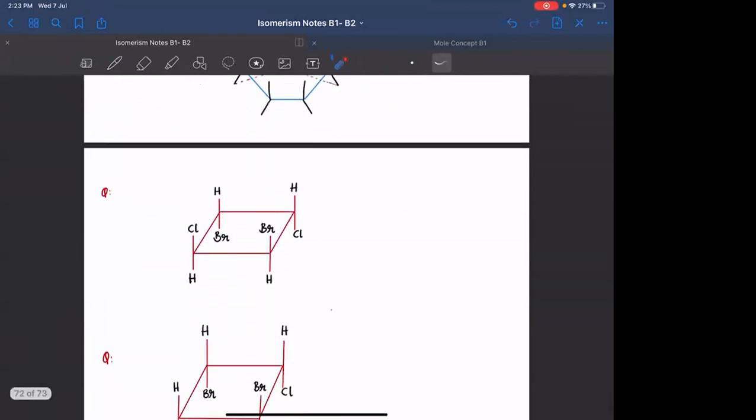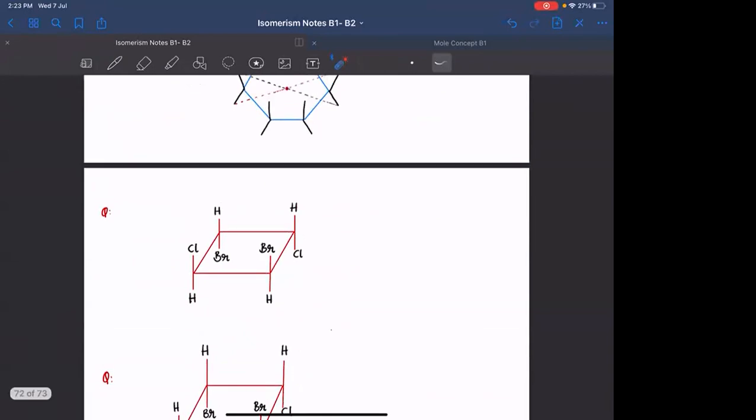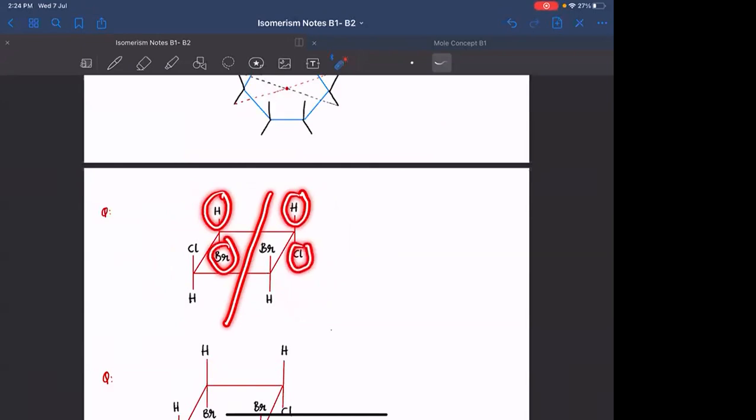Look at this example. Look at this example, everyone. Understand this. We will try to see if this particular molecule is chiral or not. We can understand that by either plane of symmetry or by center of symmetry. Does this particular molecule have a plane of symmetry? What does plane of symmetry mean? You should be passing a plane. About that particular plane, the molecule should be symmetrical. If I am passing this particular plane, here hydrogen, here hydrogen, okay, but here bromine, here chlorine. So about this plane, the molecule is not symmetrical.